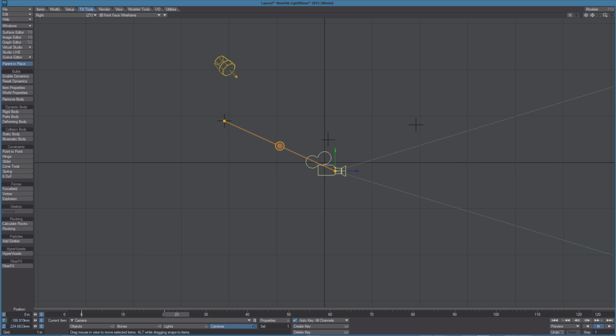Now let's parent it to null 2, let's say at frame 60. All we have to do is to grab the gizmo and once again go very close to null 2, leave the mouse button, and now from frame 60 the camera is moving with null 2. So now null 1, now null 2,